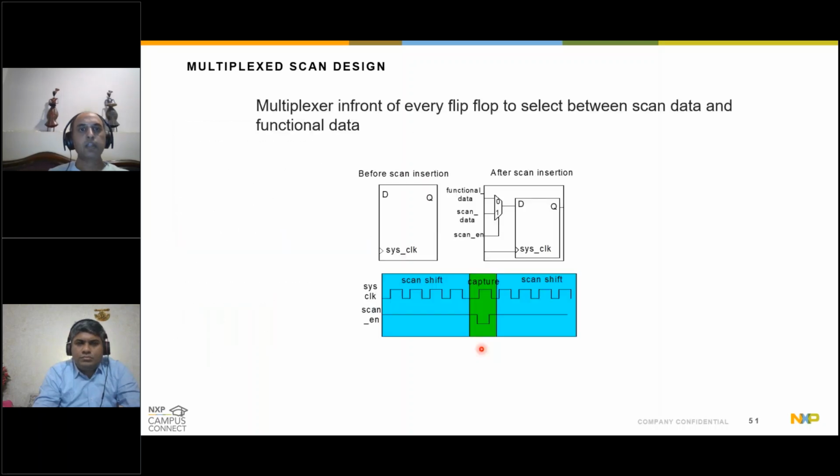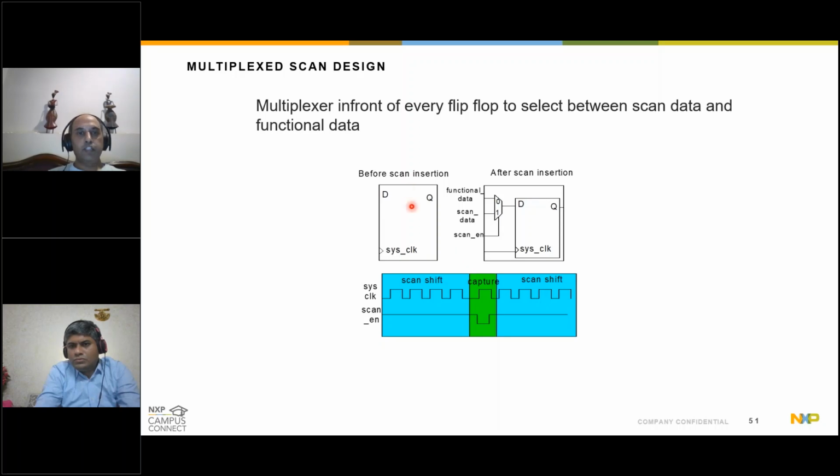Okay. So what is scan all about? I'm sure all of you have studied the D type or simple flip-flops in your electronic courses in the colleges. A D flip-flop has a simple functionality. It's an edge triggered sequential element. So basically, the Q output follows the D with every clock change, right?